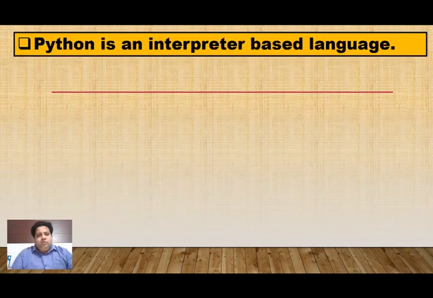Now another point is Python is an interpreter based language. In earlier classes you may have studied that there are two types of translator programs, or in other words language processors. One is compiler and one is interpreter.